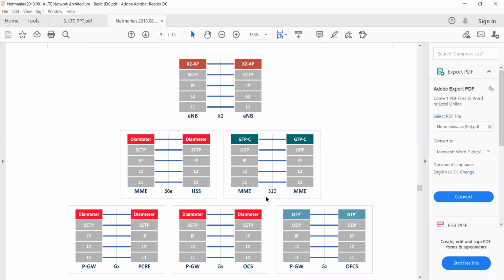Control plane has a lot of things involved. User plane is very simple. Data flows from UE to eNode B, eNode B to S gateway to P gateway. But control signaling has a lot of things. It has to interact with MME, HSS, and other MME in case of roaming network. It has to check the charging policy also, like what pack this user has purchased. It has to negotiate with PCRF here.